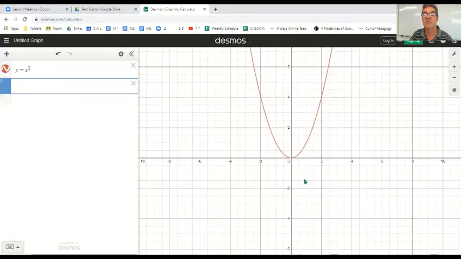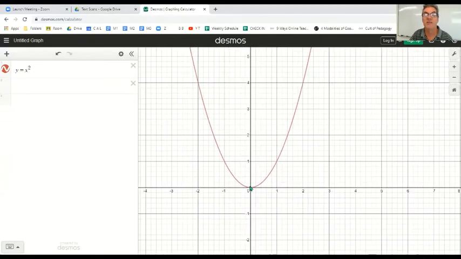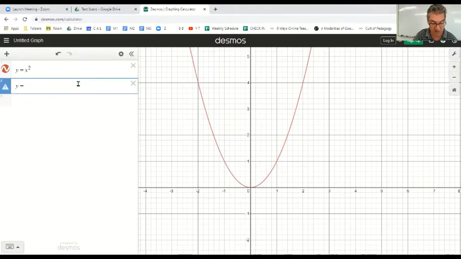And you notice, let's zoom in a little bit. I'm just using my wheel mouse to do that. It goes through the point 0, 0, and then it goes through 1, 1, and then it goes through 2, 4. These are basically 5 real essential points that you can use and manipulate to sketch your quadratics nice and quickly. So let's do a couple with vertex form here. Y equals, let's do parentheses x plus 2, parentheses caret 2 for squared,